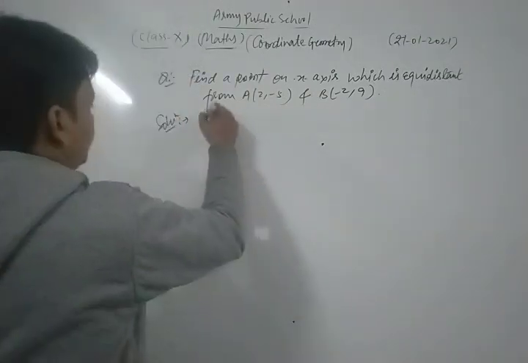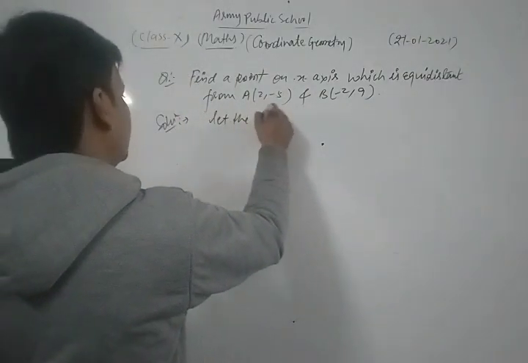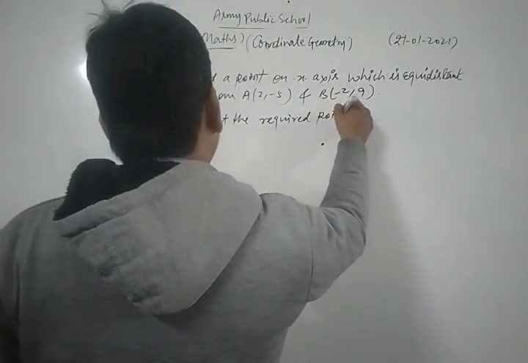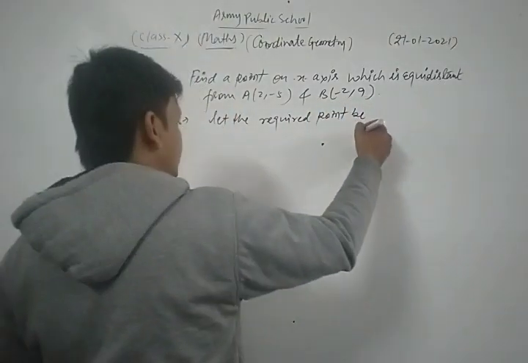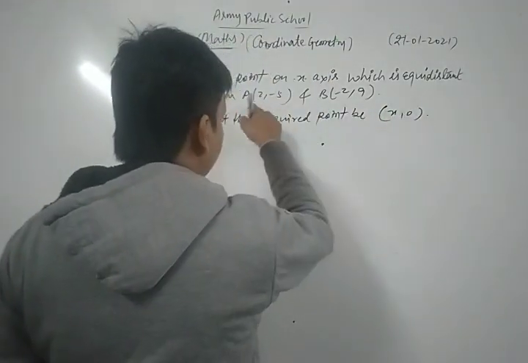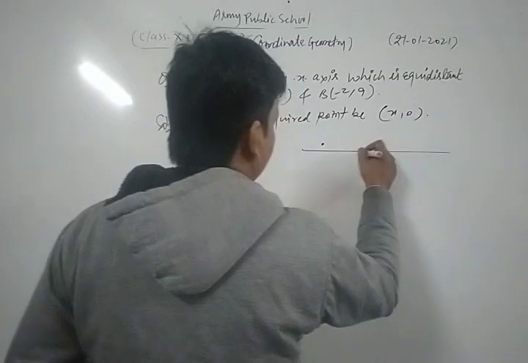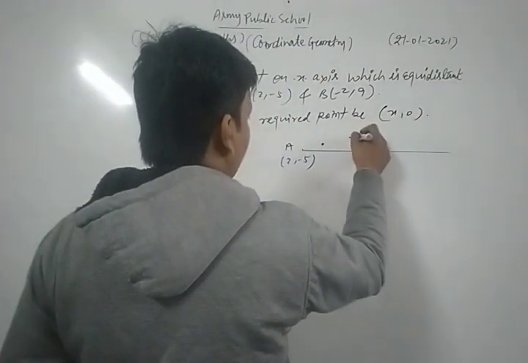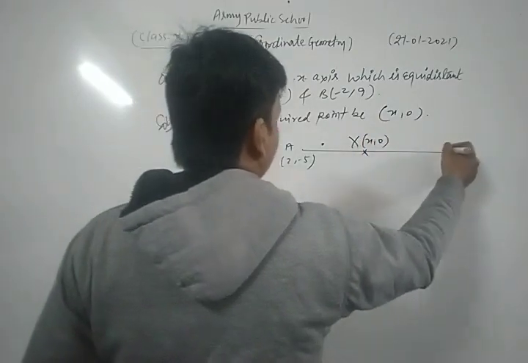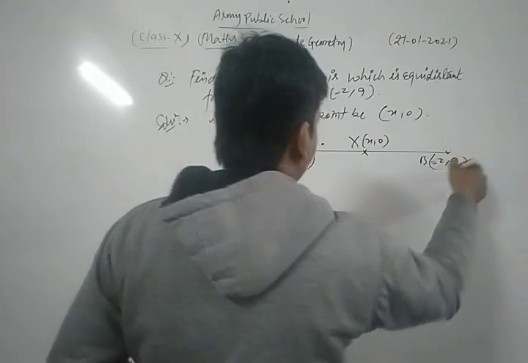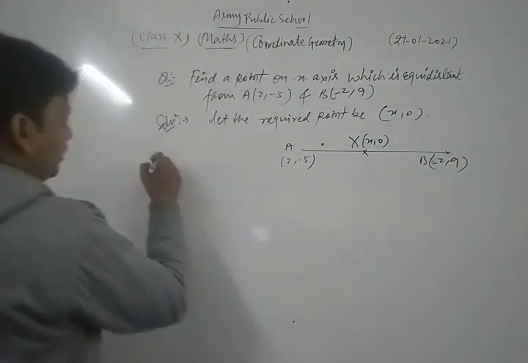Let the required point be (x, 0), and this point is equidistant from these. Suppose this is the point A, (2, minus 5), and this is point B, (minus 2, 9). So from the question,